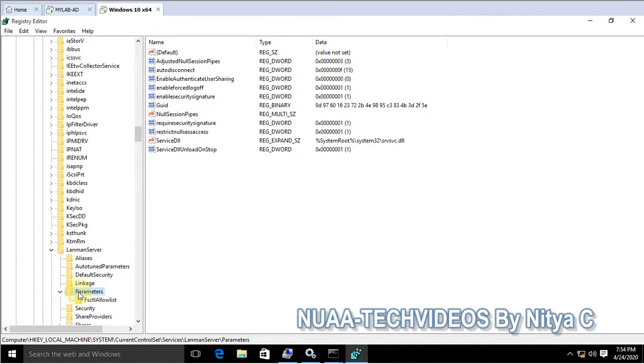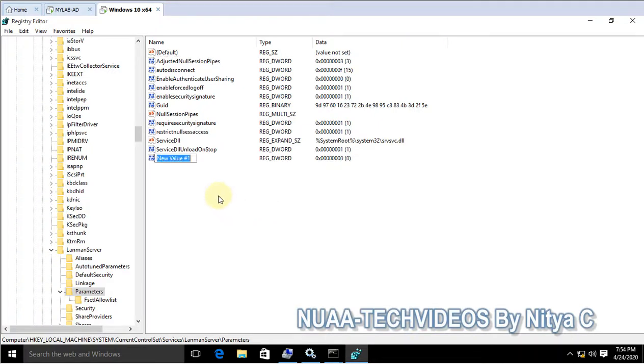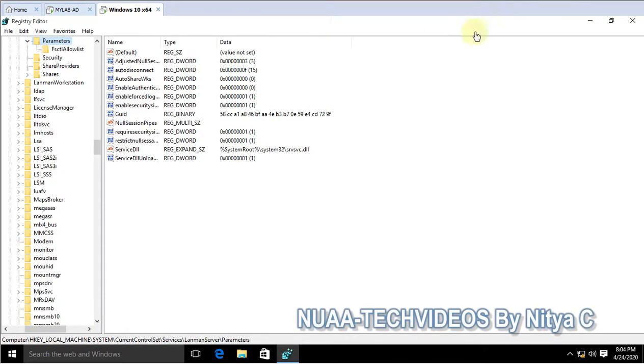Parameters. Here you have to make an entry, that is a DWORD 32 value, and the name is AutoShareWKS, and the value is 0.